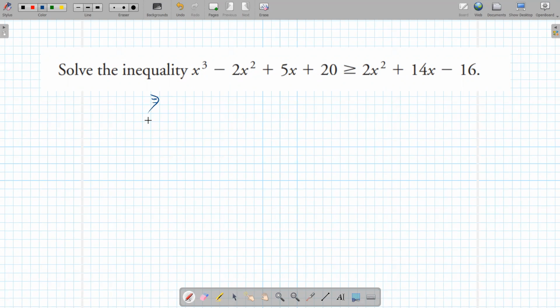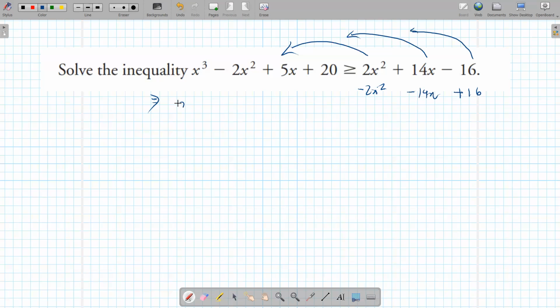What is the degree of this polynomial? Degree 3. Yeah, exactly. How do you solve polynomial equations? Same thing with quadratics. You want one side to be equal to 0. So what we're gonna do is toss all three of these terms on the right-hand side to the left-hand side. We would do -2x² on both sides, -14x on both sides, and add 16 on both sides,